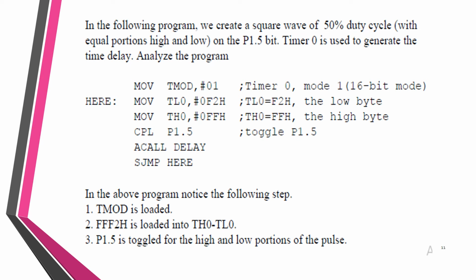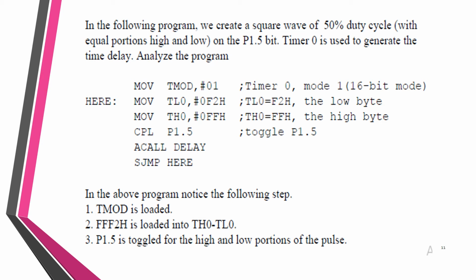The TCON register is going to direct the timer. The timers are started by using an instruction to set the timer start bits, that is TR0 and TR1, which are generally called timer run control bits. They can be cleared by using the CLR instruction. When the timer counts to its maximum value, it sets a flag, TF0 or TF1.